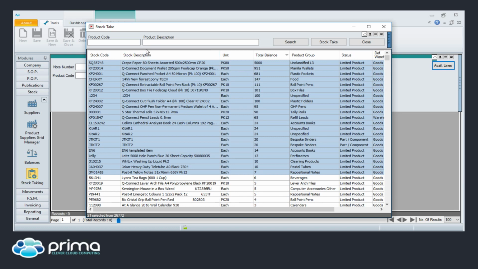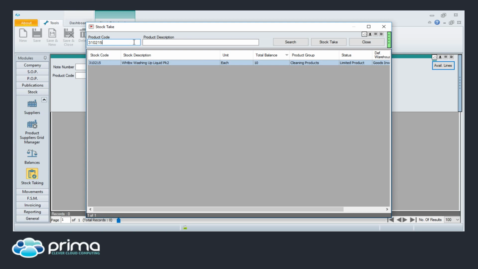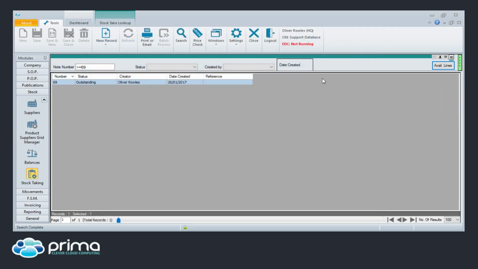So if I just search for a product code, just so it's quicker, so you can see their total balance, do a stock take, and then you can see then outstanding stock take. We can open that,